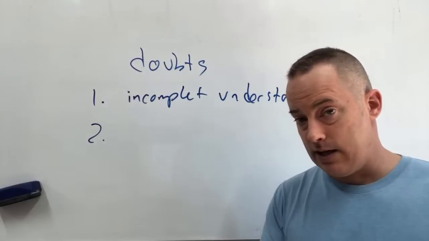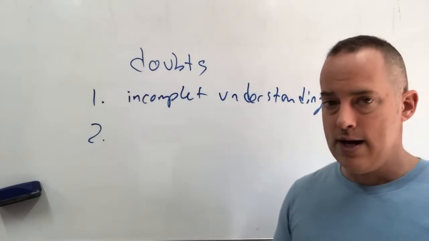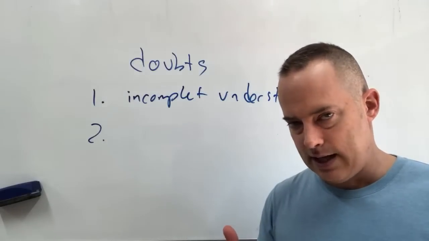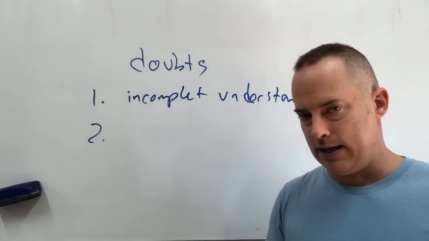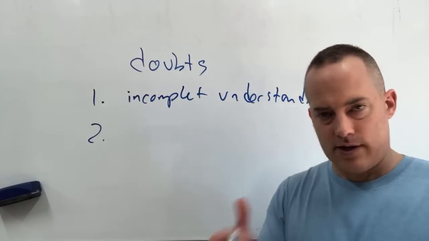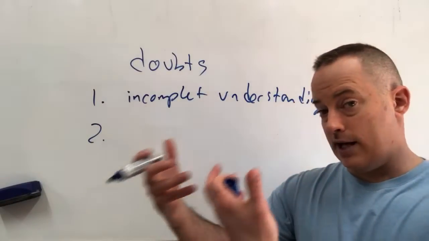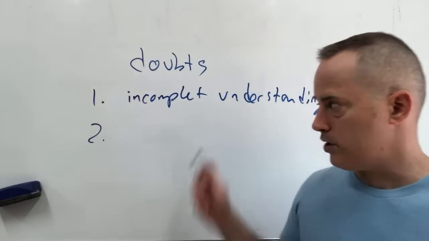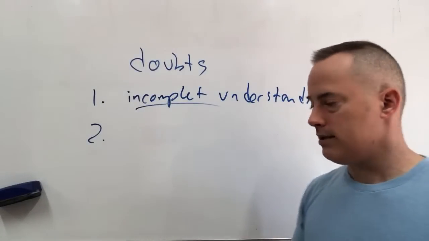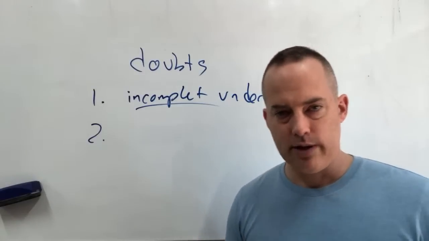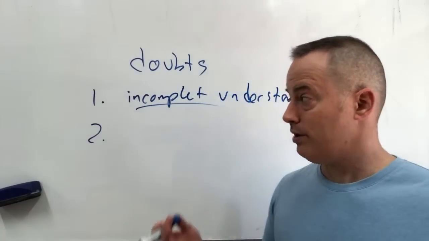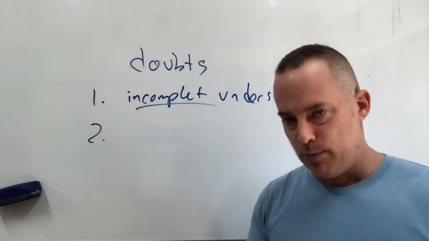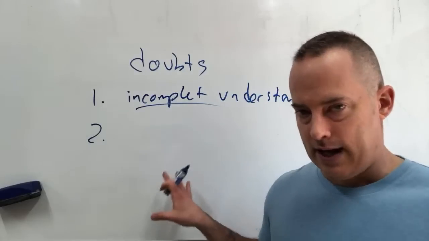So as I gave in the example just a moment ago, you know a word through a translation, but you don't really understand it like a native. So you don't really feel very confident about using the word. You still have some kind of doubt about it. Maybe you understand it when other people say it to you, but you still feel unsure about using it. So you have doubt because you have incomplete understanding. And this is typically because traditional language lessons will just give you definitions and translations of words. They don't help you understand it like a native, like I just showed you how to do.